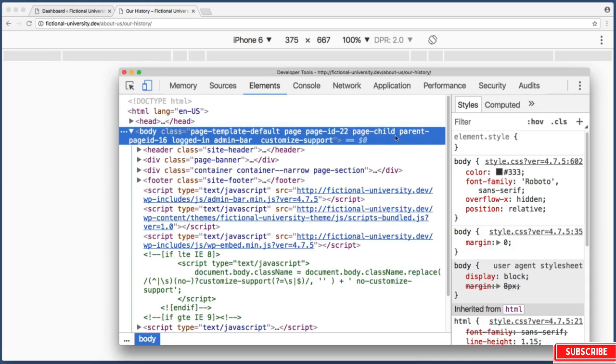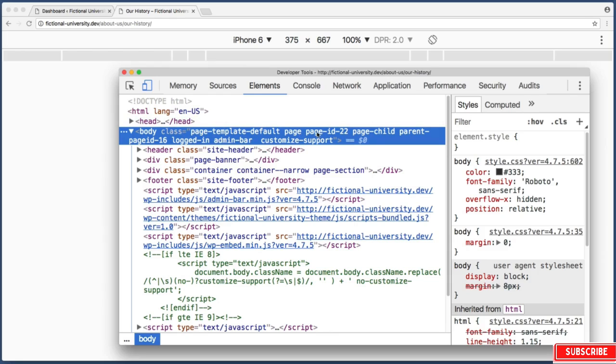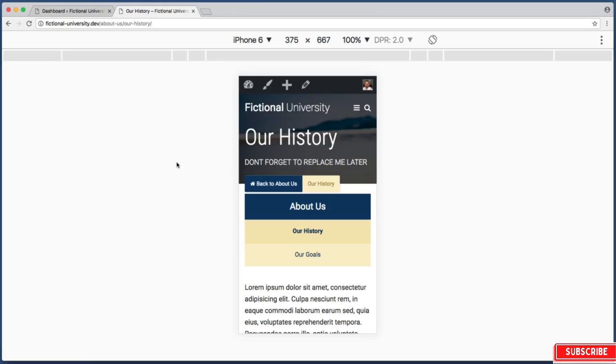So what this does is it gives you all sorts of neat information about the current screen you're viewing, and then you can use these class names in your CSS if you want to style a particular page in a different way, or you can even use these classes in your JavaScript. Now that's going to bring this quick miscellaneous lesson to a close. Before we jump into the next lesson,